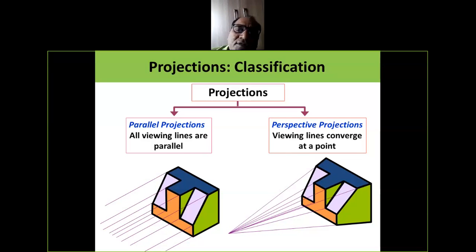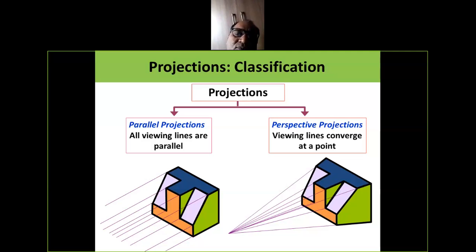Eccentricity is smaller than one for ellipse, equal to one for parabola, and greater than one for hyperbola. Now we come to the different types of projection, under which the classification considers parallel and perspective view.